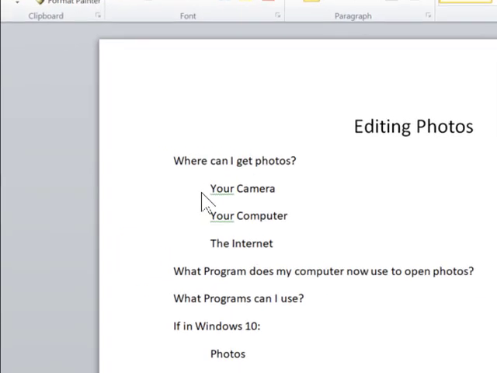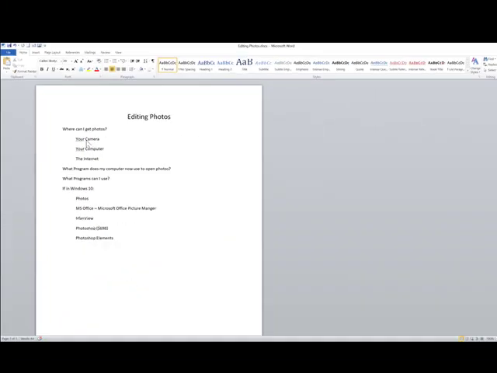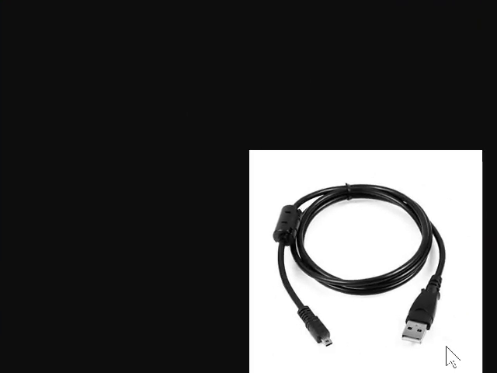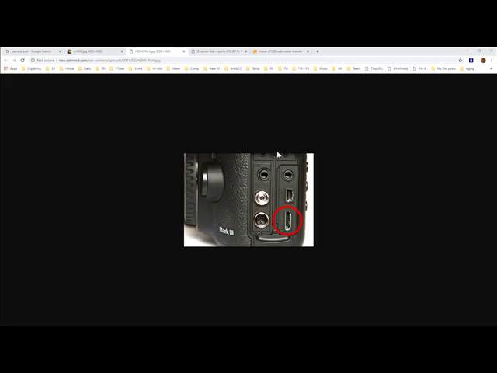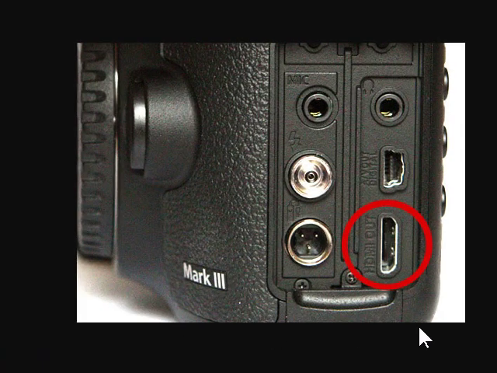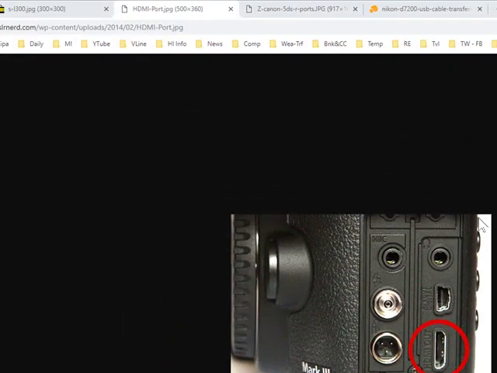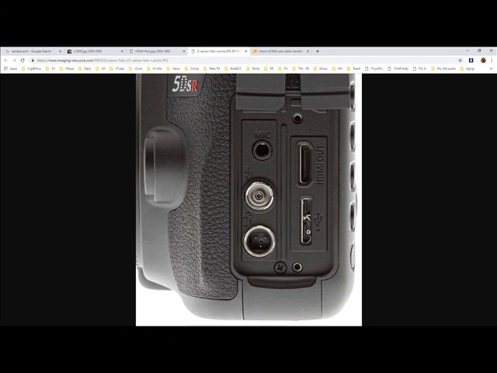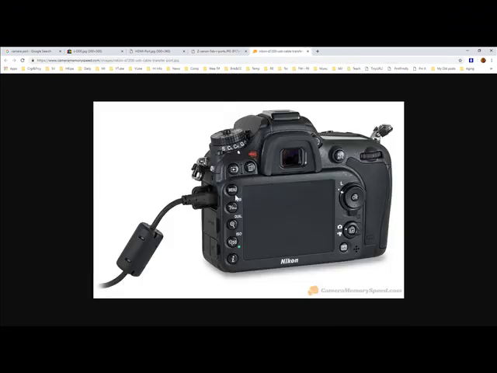When you take a picture with your camera, you need to get that picture or those pictures out of your camera and into your computer. And to do that, you need a cable to connect your camera to your computer. And you will need to plug that cable into your camera in a connection like this, or this, or this, or this. And when you get it plugged in, like this,